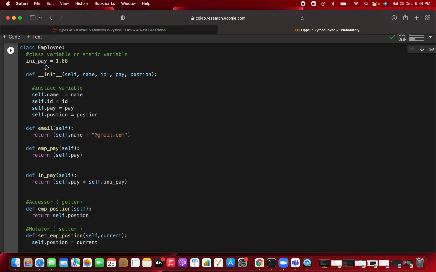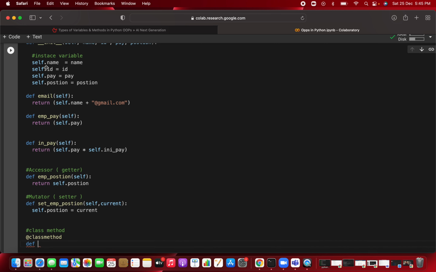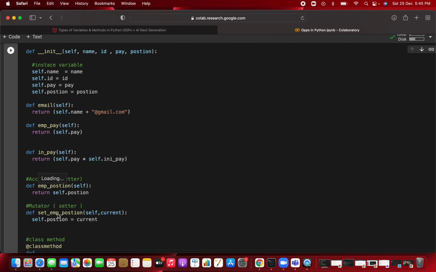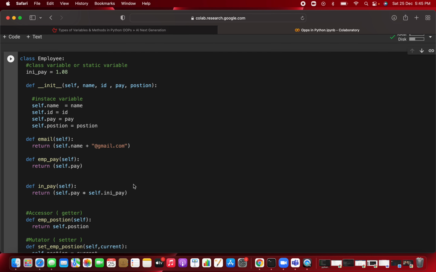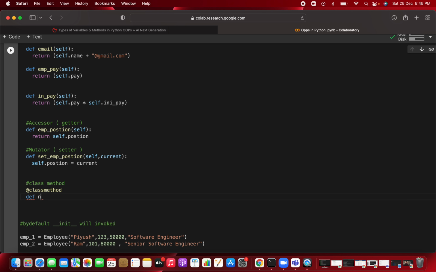So whenever you are calling that particular method, it will affect every object in this particular class. If you have created 2 objects and you are using the class method for that, then for both objects the class method will be the same; they will return the same output. Okay, so what you can write here is you are modifying this init pay method. So you are writing a new init pay method or something.